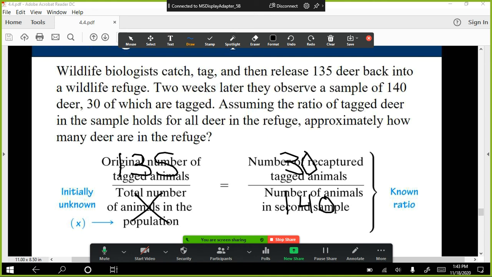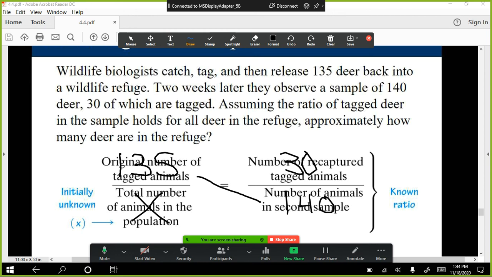So what they're saying is that the proportion they saw to didn't see is the same as the proportion that were tagged. So anyway, they're going to multiply 140 times 135,